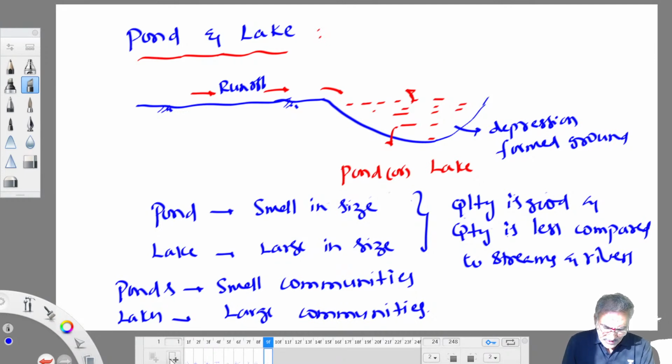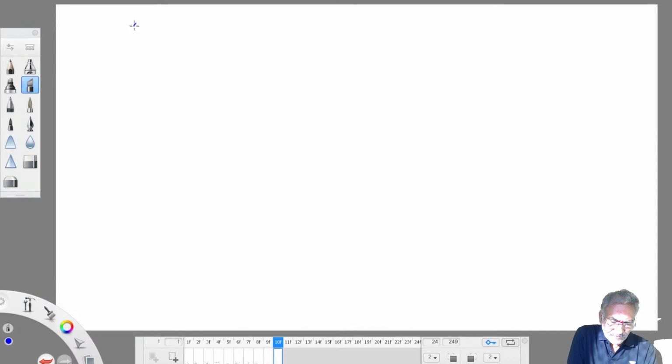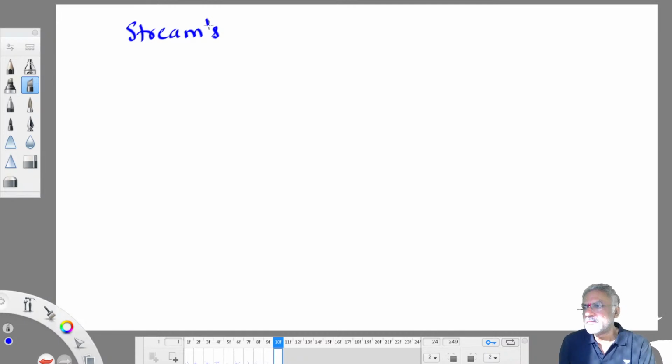Okay. Then streams and rivers. Streams and rivers, both of them are running water bodies. They are poor quality wise, but quantity wise they are very, very good. Why are they poor quality wise? Because they are running water bodies, there is turbulence, which does not allow dirt particles to settle down in the water. So dust particles keep on moving along with the water. Therefore dirty water will be obtained, but more water will be obtained. More water is required, as meeting the water demand is the first priority. Therefore we mostly go with streams and rivers.